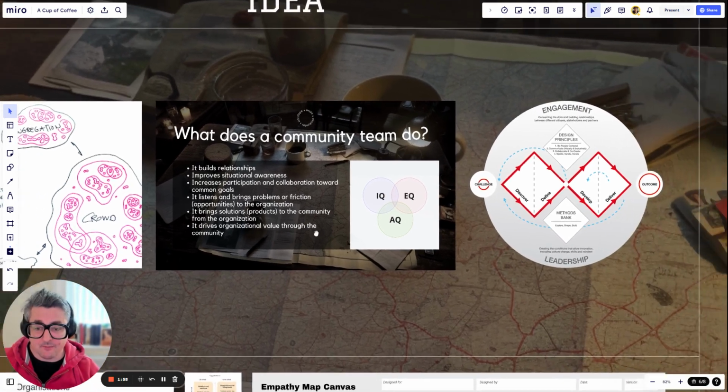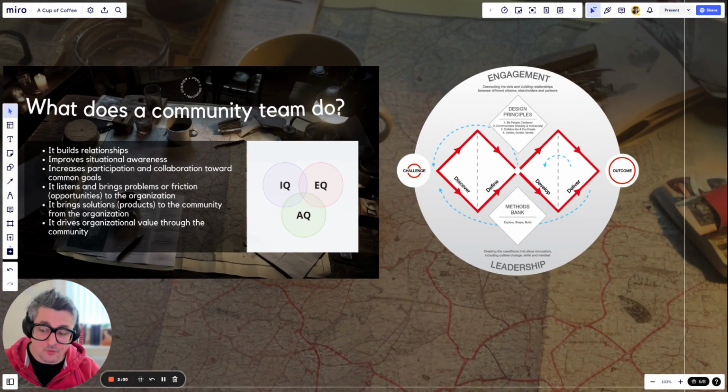To put this into simple terms, this is the double diamond. So if you're innovating, if that's what your community is about, a community of practice, often product is going to be solving problems. That's what the double diamond is. The first square is the problem. The second square is the solution. And they're going to diverge and explore ideas, those frictions and problems that you're bringing them. And they're going to converge on what kind of solutions they can come up with. That's the hypothesis in the middle. And then they're going to diverge again as they go and test that out. And then they're going to come back and converge to move forward in that solution.